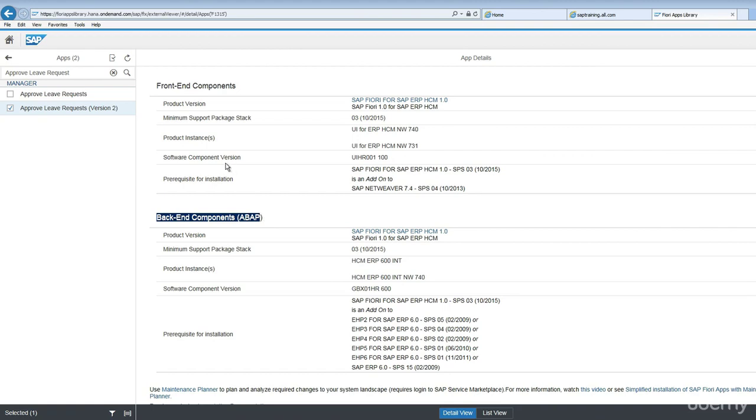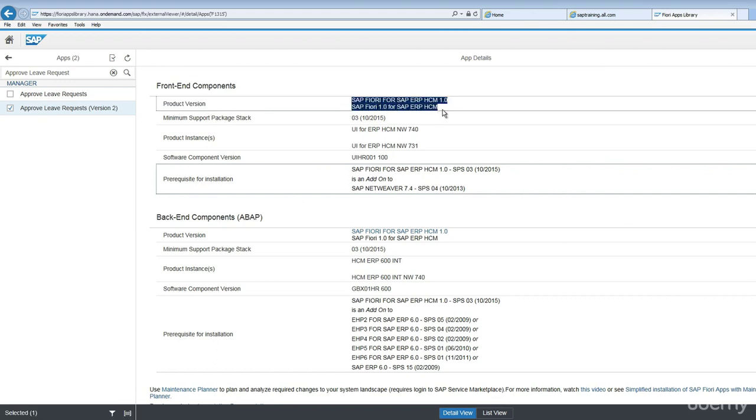Okay, so in case of an embedded system, where both ECC and NetWeaver Gateway reside in the same box, these two options will be applicable as well, which means the two add-ons should be deployed into your embedded system. This has been segregated separately because of central hub scenarios, where your gateway is a separate box and ECC is a separate box. So the very first step we need to check is for the front-end components, the product version is